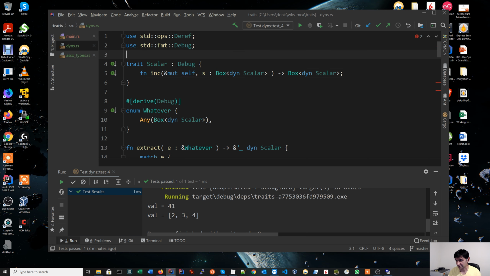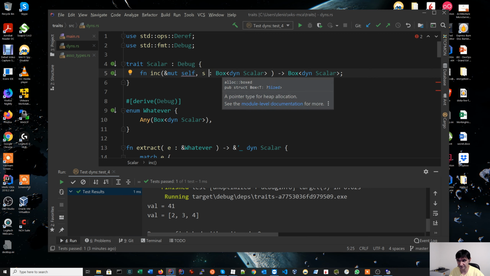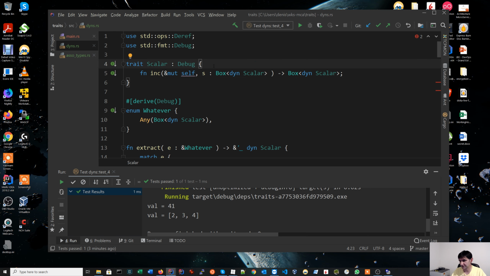But for a specific implementation, for example, your scalar is a vector, and in your Ink routine, when you want to implement the code, you probably want to manipulate that as a vector, but you can't because you have basically... No, it's not totally true. You probably can do that because you can return. It's complicated to cast that into your original type. It's doable, but it's complicated. You can do it with